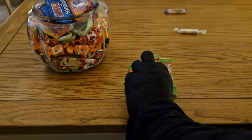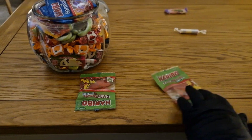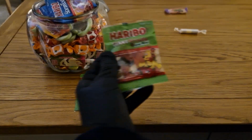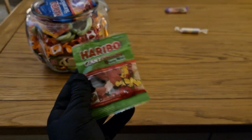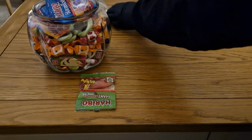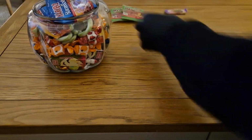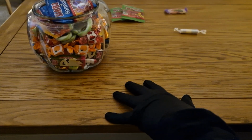Some Haribo packets. Giant straws. A very tasty snack indeed. It looks like there's only 2 of these. Then the classic